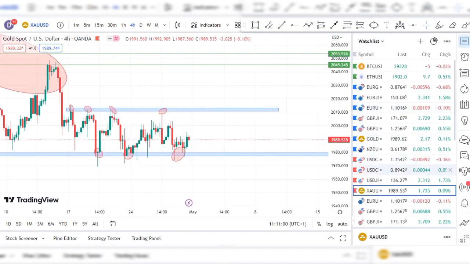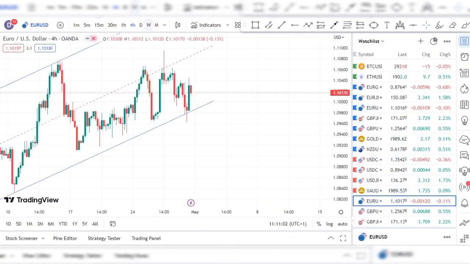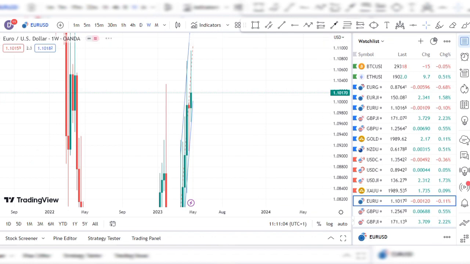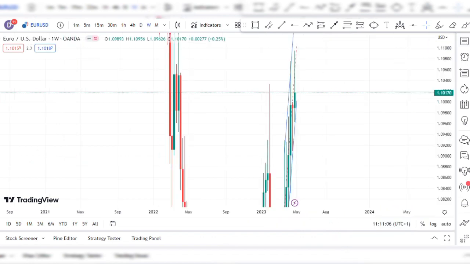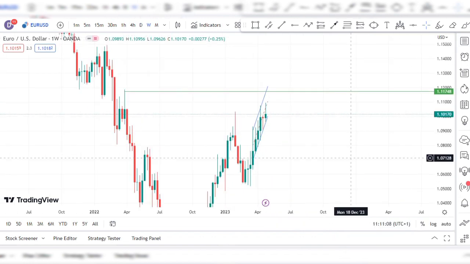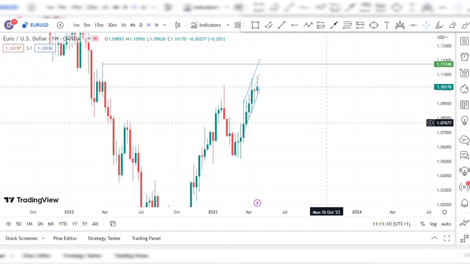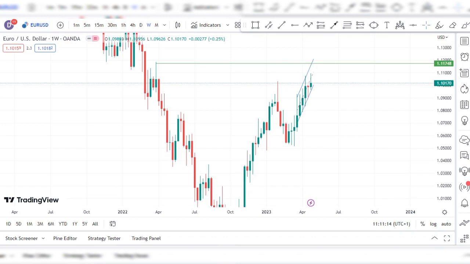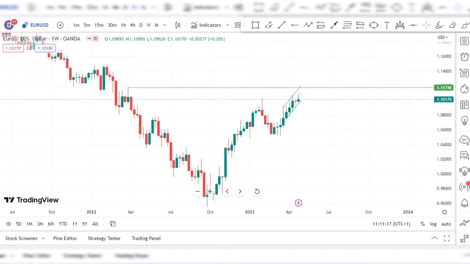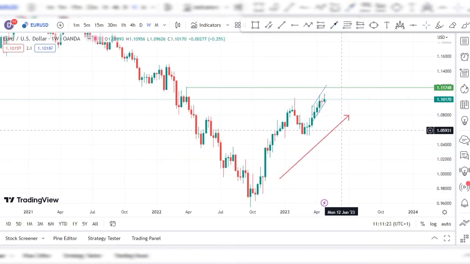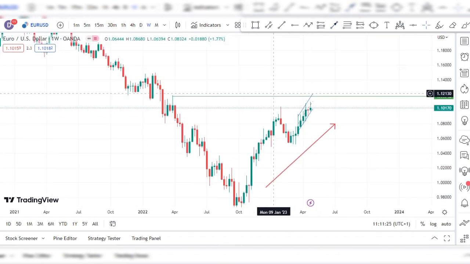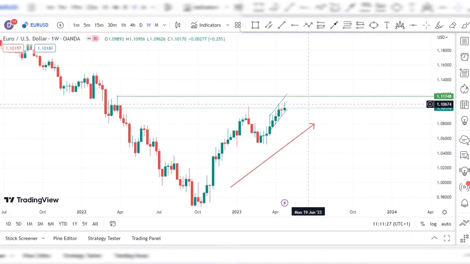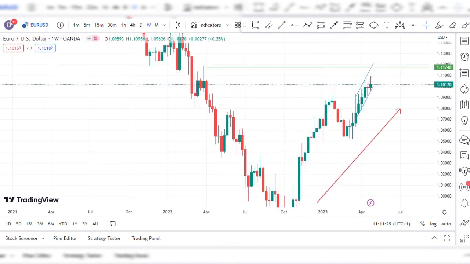Next, I'm going to look at Euro USD. And again, I'll start with the weekly time frame and work my way down to the 4-hour time frame. All right. So now on the weekly time frame, we can see that generally speaking, looking at the trend where it is now, the price has been moving to the upside, right? And then we can see that when price got to this area here,